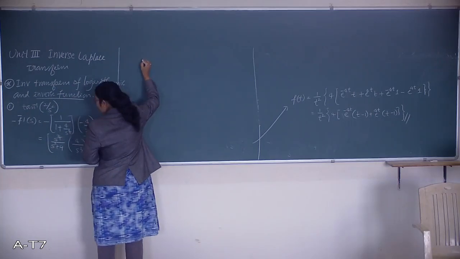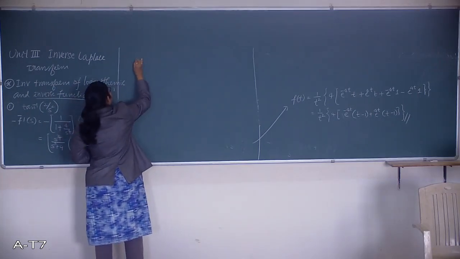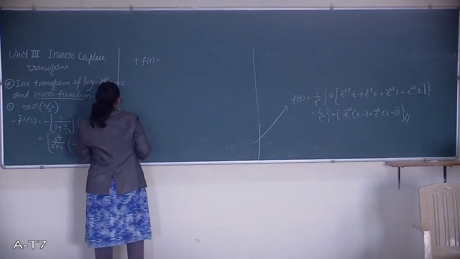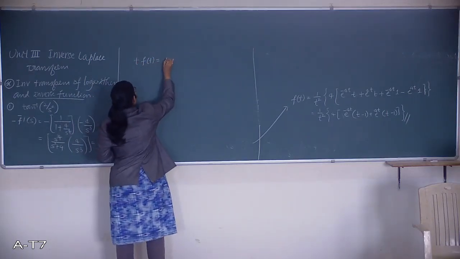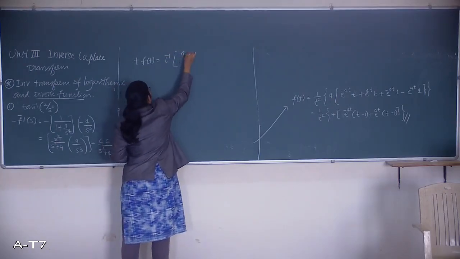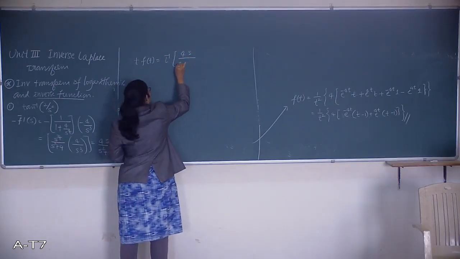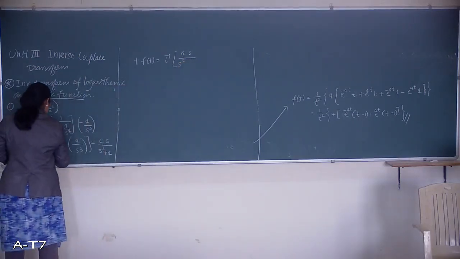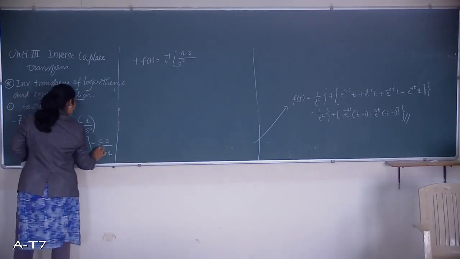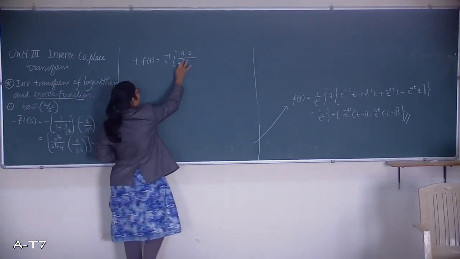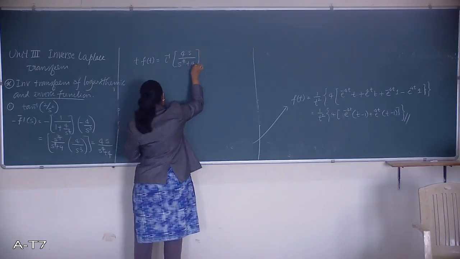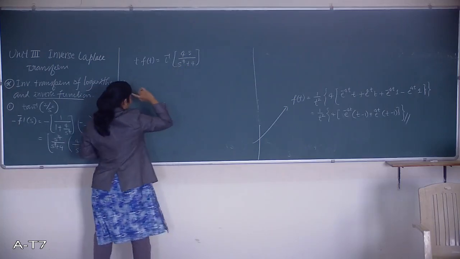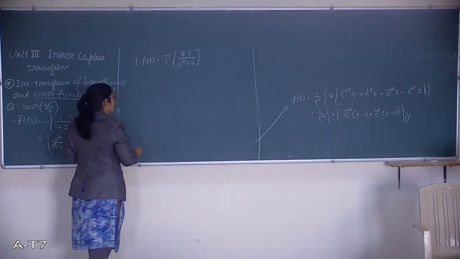So now LHS will be TF of t. TF of t will be L inverse of 4s divided by s raised to 4 plus 4. Now this cannot be, means we can't find a directly inverse of that term. So some